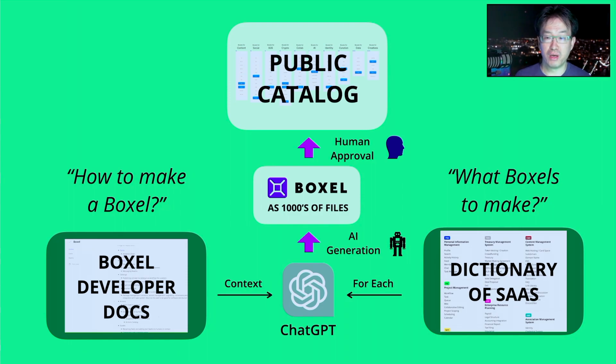Here's the important part. We don't need a lot of parallelism. We can do it one at a time. And if we don't like our results, let's say, oh, the AI is not generating well, we just have to update the developer docs and maybe do the whole thing over from scratch. Rerun the dictionary. Now, it costs some money, but it's way cheaper than having a network or an army of developers to do it thousands of times. So this is an iterative process, not to make the catalog one at a time, but to make the whole catalog multiple times, each time dramatically better as we improve the dictionary to tell it what to make and improve the developer docs to tell it how to make it.